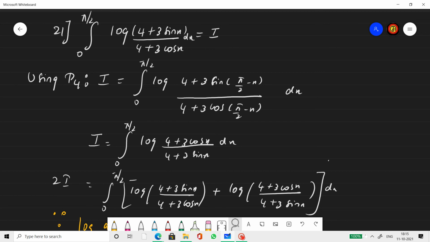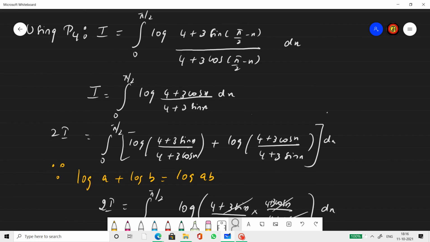As there is a denominator, we have to add it with the I, which is the question. So I plus I is 2I equals log A plus log B. And we know that log A plus log B is log AB. So that means one common log and these two terms will be in multiplication form. You can either split like that or you can use log (A/B) equals log A minus log B. Even this way you can split log (4 plus 3 sin x) and (4 plus 3 cos x) using this. Then you'll get 4 terms and all the terms will get cancelled.